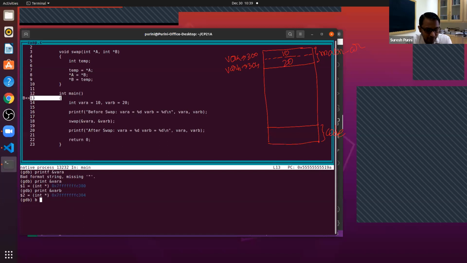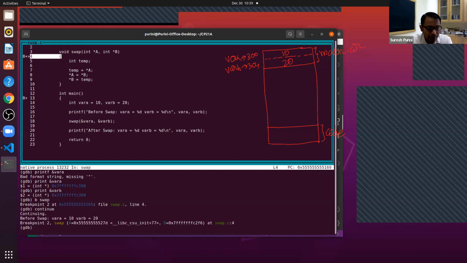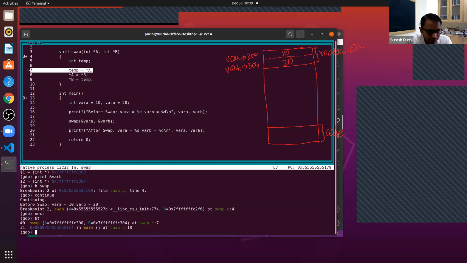We'll put a breakpoint on swap and we will say continue. Program executes. Next. Now, if you see, backtrace. I'm drawing the activation record for swap.